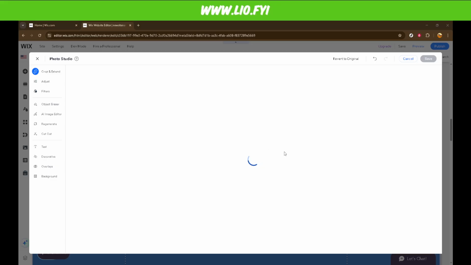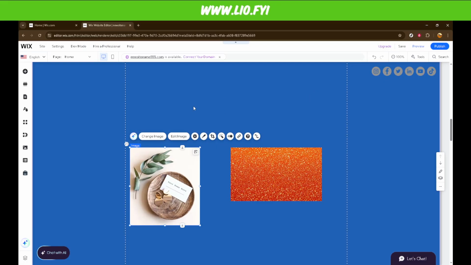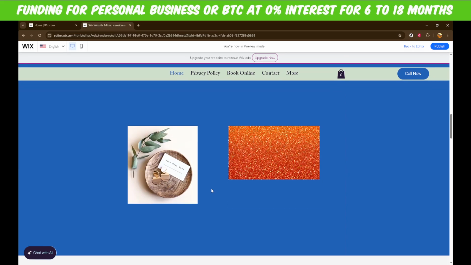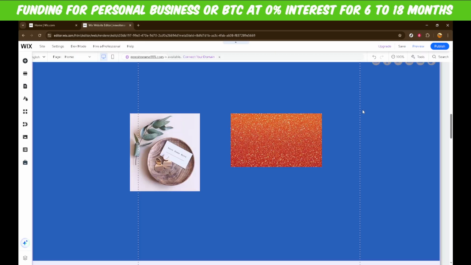Always remember to preview your site after making changes to see how the resized image looks in context with the rest of your content. And there you have it. You've successfully resized an image on Wix. Following these steps, you can easily manipulate your site's visuals, helping you create a more dynamic and visually engaging online